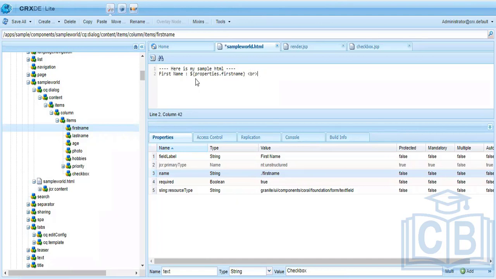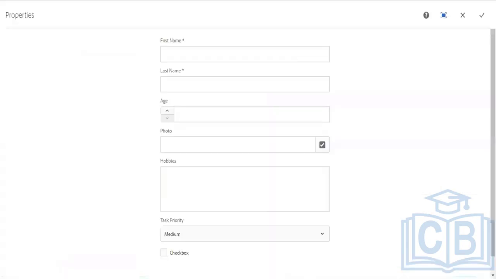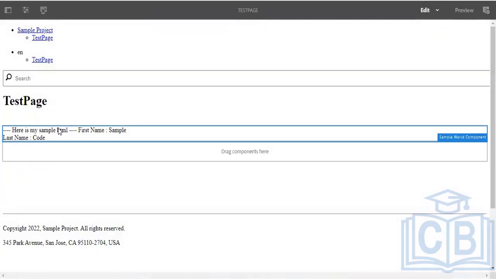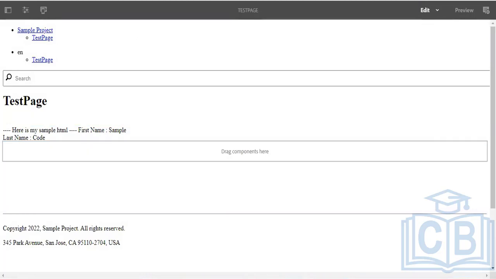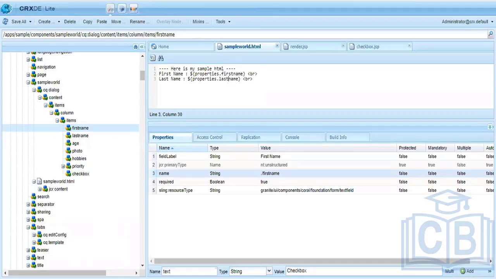In the same way, if you want to read the last name, let me just copy it, and this will be last name. Now if I refresh my page, let me input the first name, let me say sample, and code. And you would see here is my sample HTML. First name is sample, last name is code. So whatever we are inputting inside the dialog, we are reading it inside the component's HTML and displaying